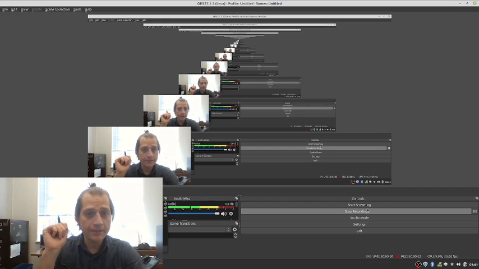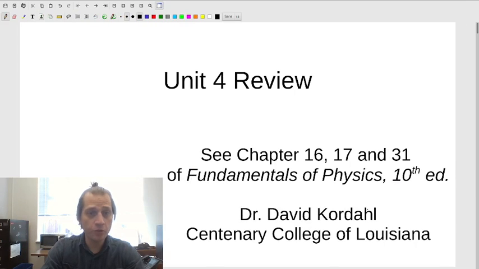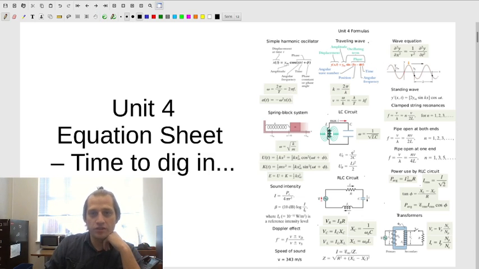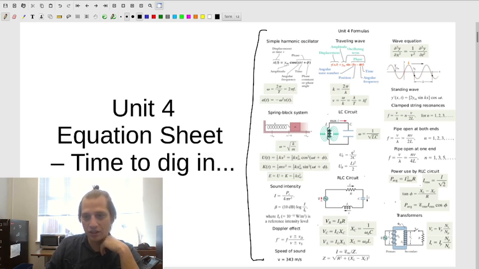Alright, physics fans, today is our day to review our Unit 4 material. The test is coming. Here's our disorientingly packed equation sheet. I will say we didn't quite get to everything this unit, so we are going to